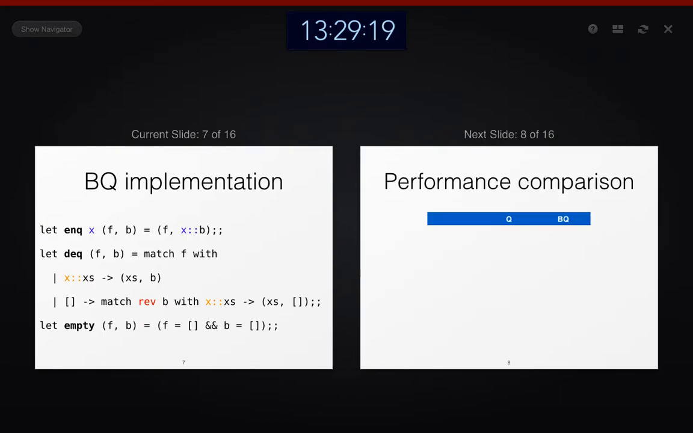Thank you. And finally, we have our empty